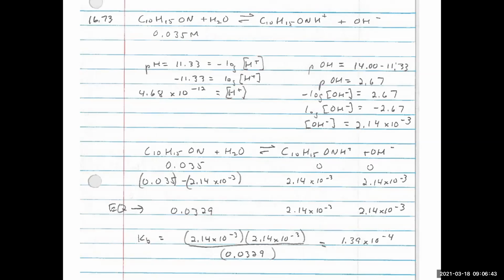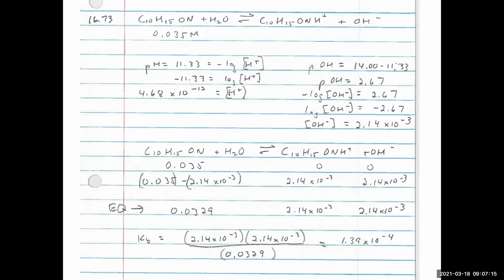Is there another way I could have done that? Remember, the hydroxide times the hydrogen ion has to equal 10 to the minus 14. Remember, we had that relationship we talked about earlier. So I could have gone that way too. All right, so